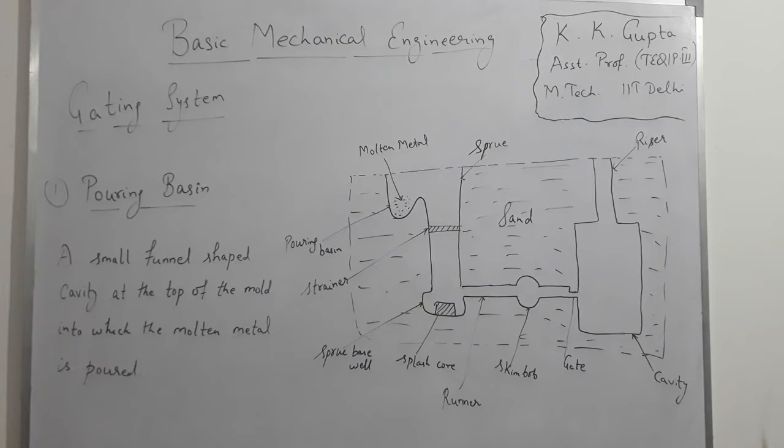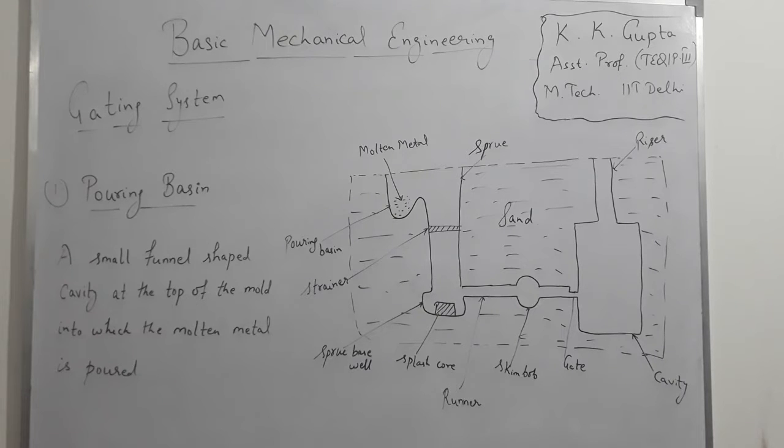Through the sprue, it enters the sprue base valve, which changes the direction to the runner, and finally from the gate it enters the cavity, where it starts solidifying. During the solidification, it starts shrinking and the required metal is fed through the riser. Let's start understanding one by one all components.